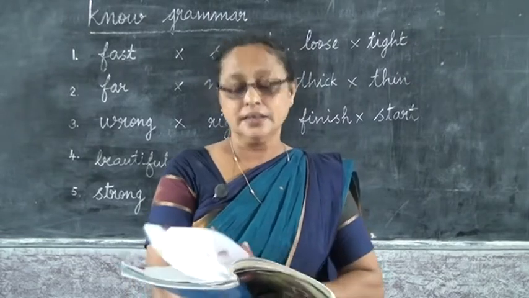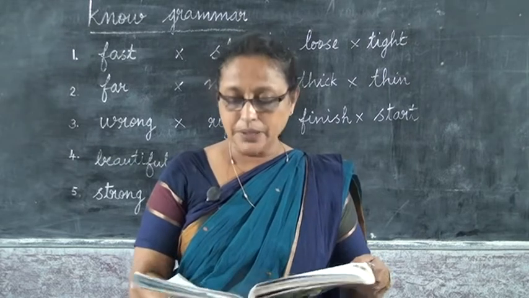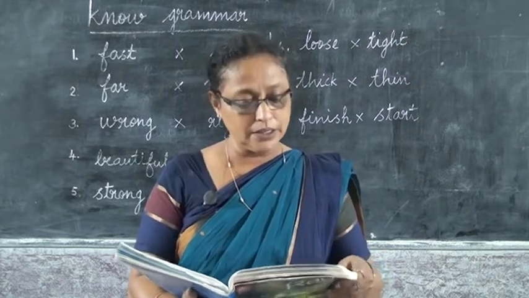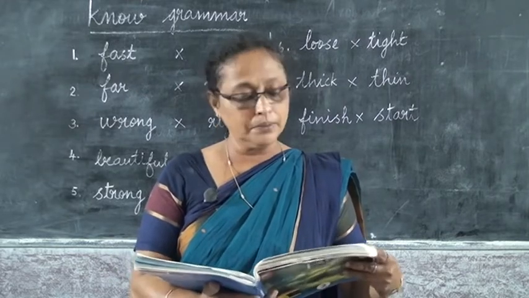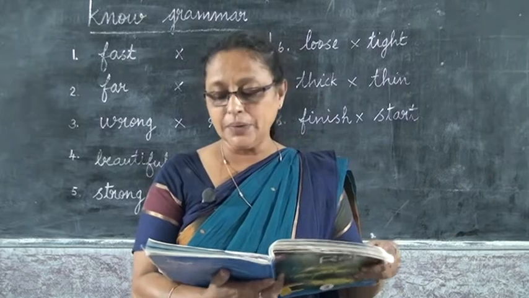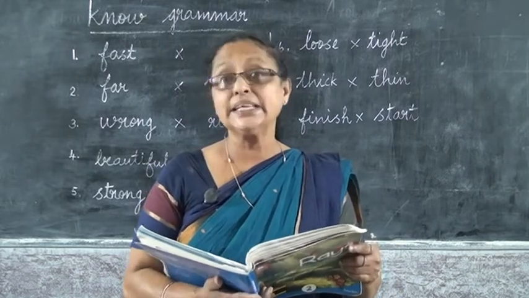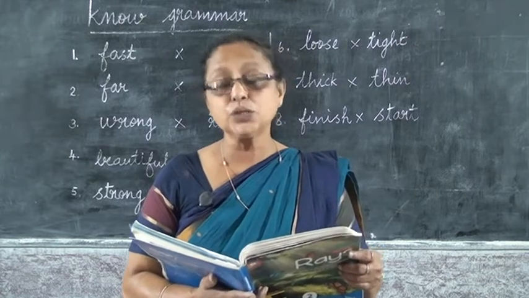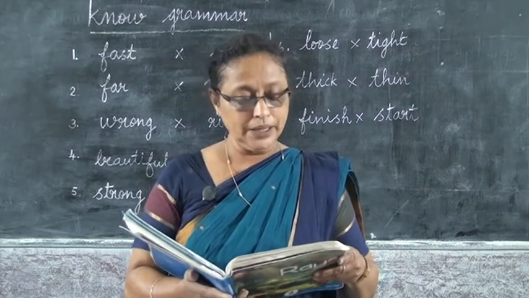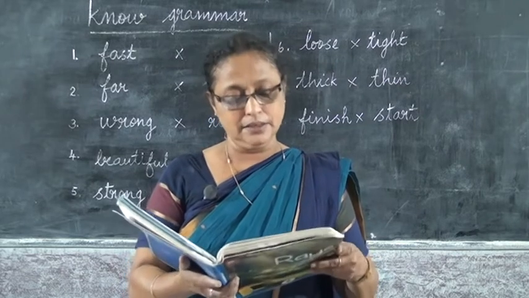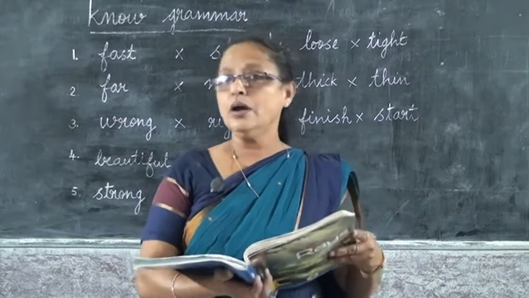In the last class, I taught you lesson number 3, The Sky Is Falling. That is the grammar. We have gone through that. Read and understand, page number 30. Then page number 31, match the animals with the sounds they make, that I have taught you. The next, page number 32, give a name for each group of birds, use words from the box, that also I have taken you. The next is Spell It Right. Look at the pictures, fill in the missing letters to make words, that also I taught you in the last class.